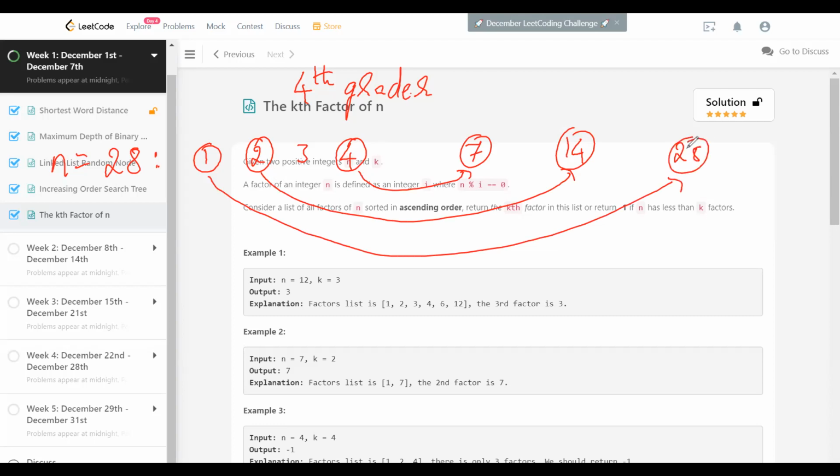How is this information helpful? After 4, when we try 5, 5 does not divide. But we don't have to try even 6, because 6 into 6 is already 36, and that is more than 28. So any factor we find after this is going to be already paired with a factor before this, right? So that's how we can find it. And they are in pairs here. There are 6 factors. So if k is any value from 1 to 6, we can always find it.